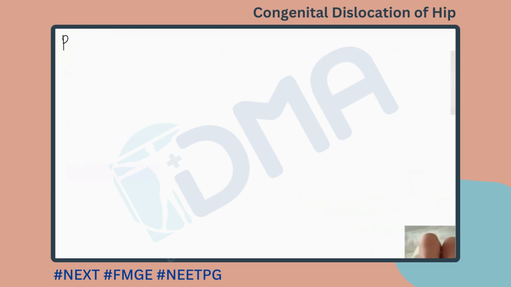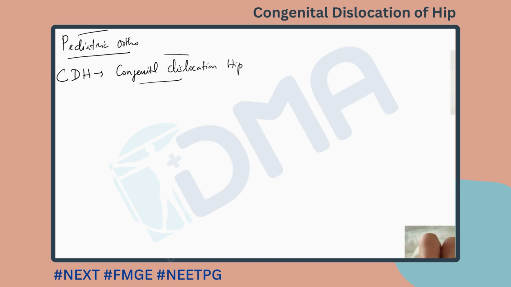So we'll be seeing a few topics from pediatric orthopedics now. The first thing we have been seeing is CDH, which is also called congenital dislocation of hip. Congenital dislocation of hip means when the child is born,